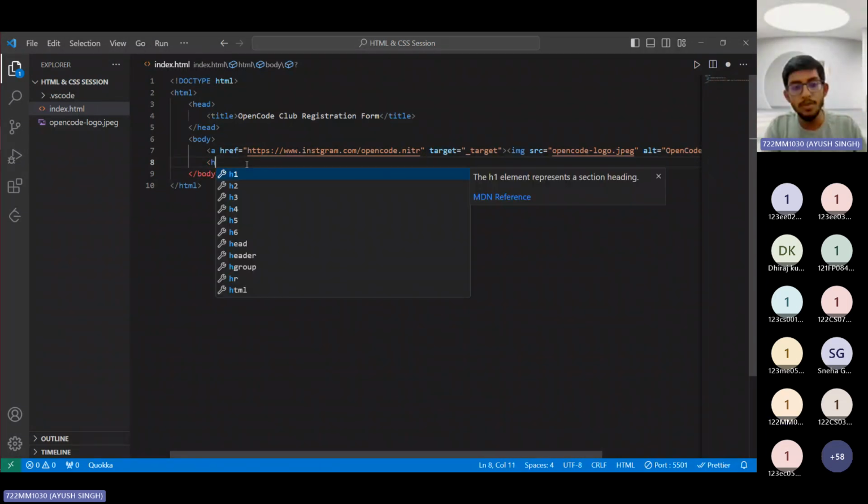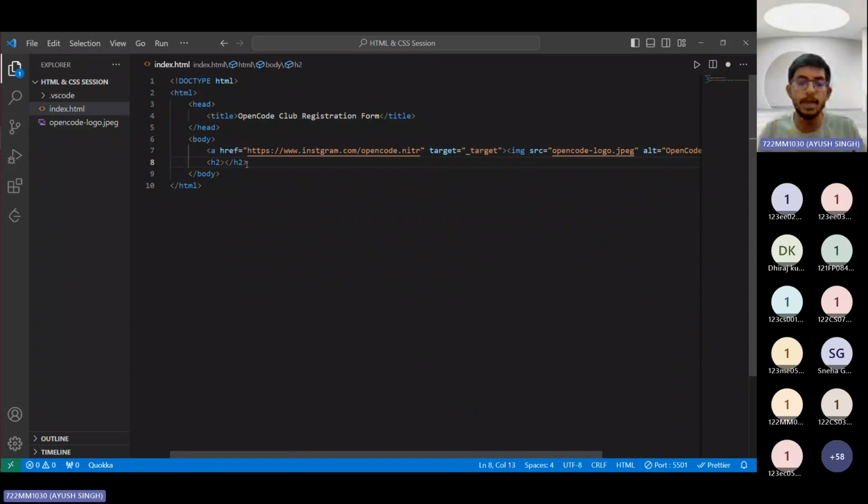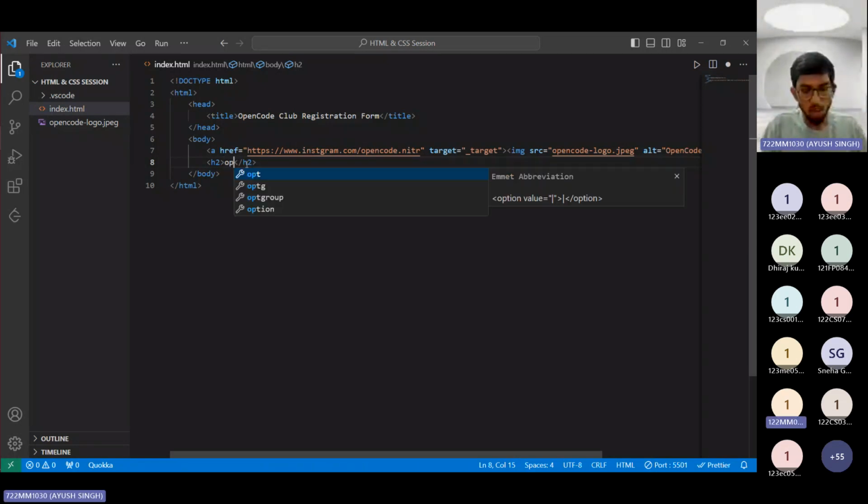It is made through the heading tag, heading 2, which gives a decent size to the text and makes it bolder, so it gets catchy to your eyes when you open it. Like a title, the heading of a web page, you have it in H2 to attract the audience. So open code